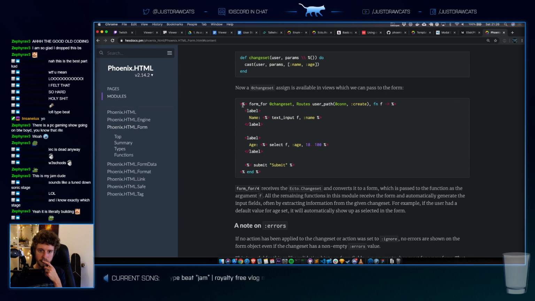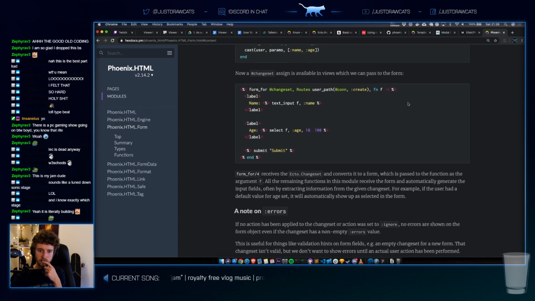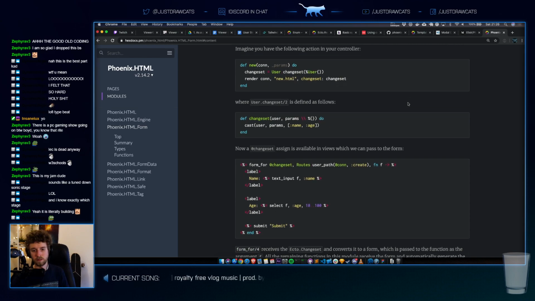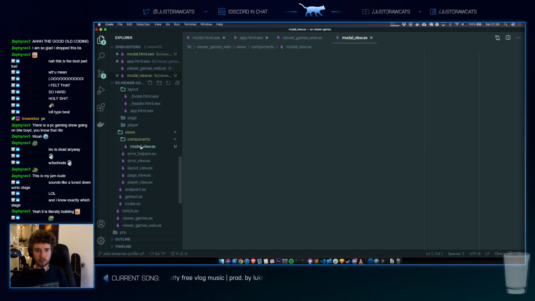So here they are doing it with a function. Okay, let's do that.